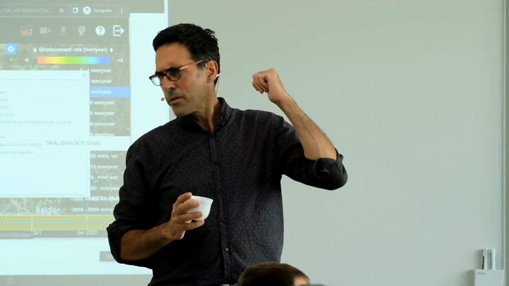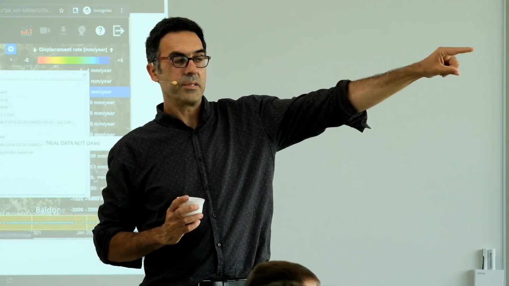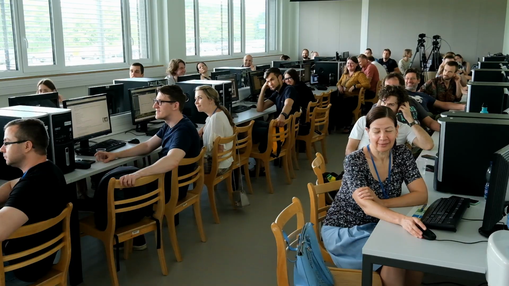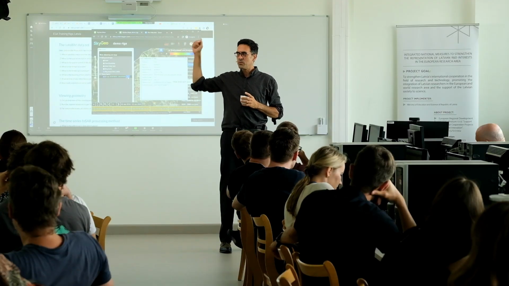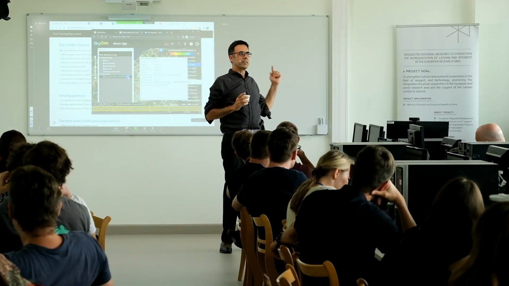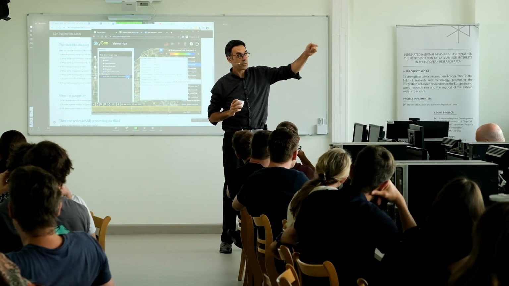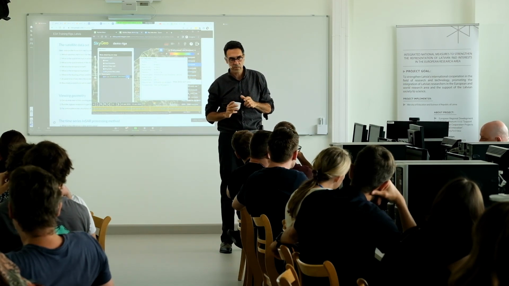So what does it mean for this building? That if that's the north, I don't know where the north is, but suppose that the north is over there, that means that there is east, so where's north? There is north, thank you. So that means that the descending orbit will come from that direction. We'll see that side of the building. The ascending orbit will go from this direction and look at this side of the building, right?